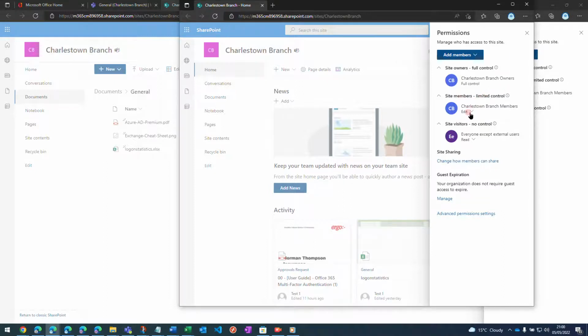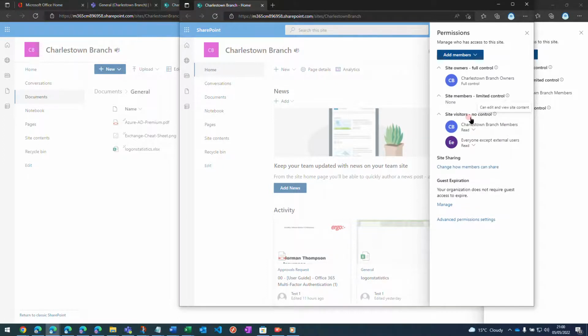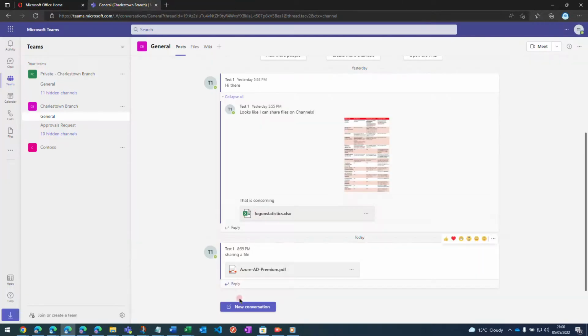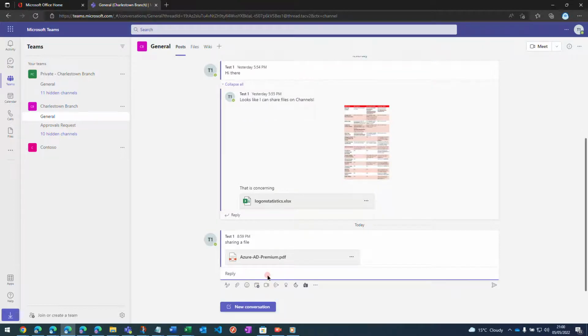So on the site members, all users, by default they have edit permission, okay? So what I gotta do is change that to read only, okay? And so they disappear from site members. And if I try to share one document again, so let's go reply.